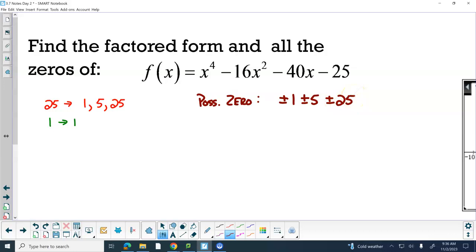So we got a pretty narrow list, right? Okay. How many total zeros do we need in the end? We need 4, right? Now, some of them might come from this list, and some of them might not be on this list. And we found that in the last example. We had 2 off of the list, and we had 2 not in the list. Okay? So if I were to graph this function,